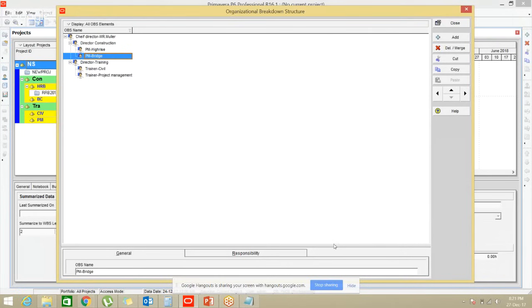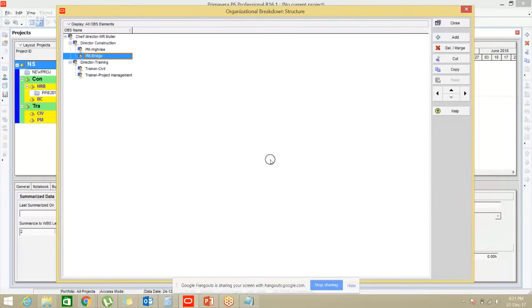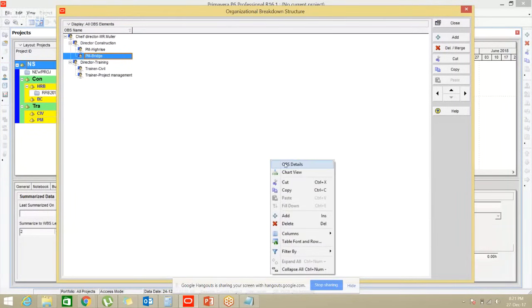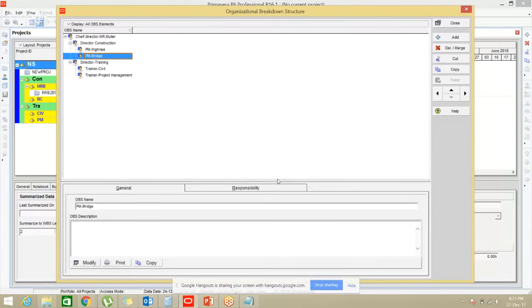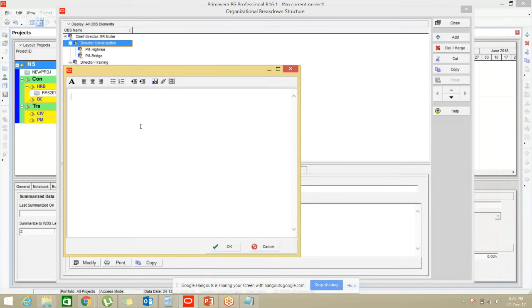And under OBS at the bottom there is a window. If you are not able to see this window, you can right click here, go to OBS detail, right click again, check this option OBS detail, and you get this window. So in this window, you can see when you select any of this OBS, say Director of Construction, you get to know OBS name. And if you want to note down the description, you can click on modify, and you can put the description, Director of Construction,